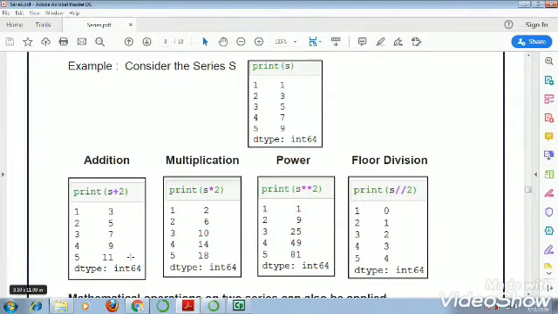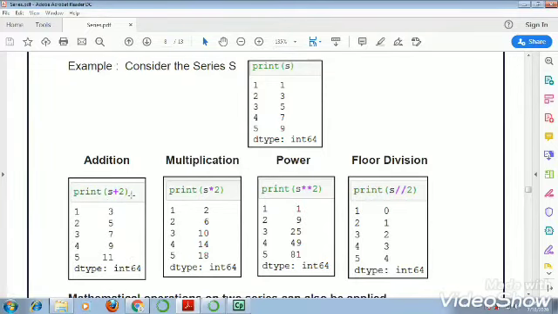That means whenever we add, subtract, multiply, divide any number, or we can apply these operations on series using any number, then that particular operation is applied on each element of series. So some examples are here.